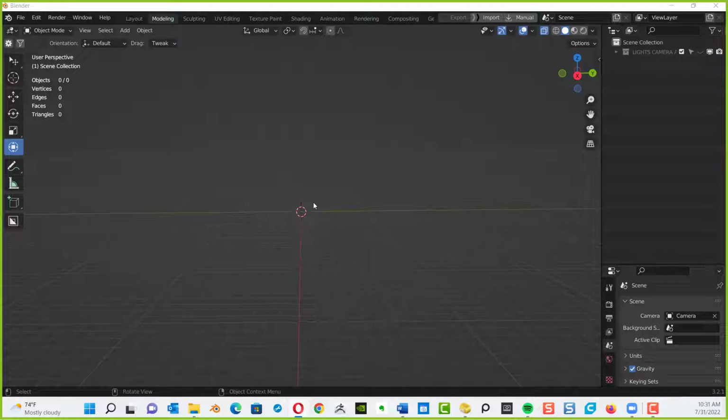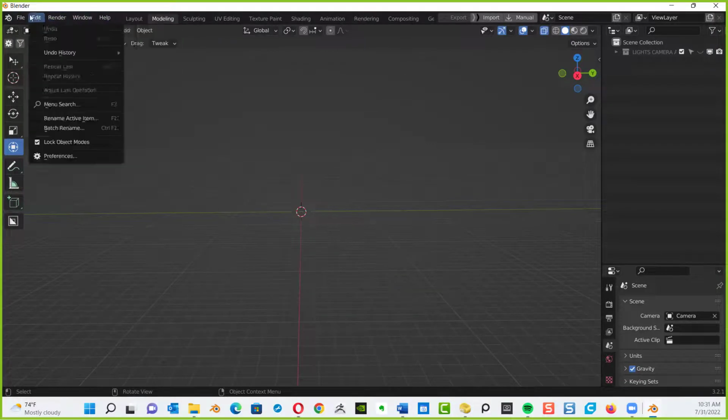I'm going to just quickly mention that the setup is very similar to Photoshop. You've got your navigational bar over to your left, and we can see that with these little symbols. We'll get into these in just a moment. I just want to take a look at it. We have our menus at the top, file menu, edit menu, render menu. We'll get into that just like in Photoshop.